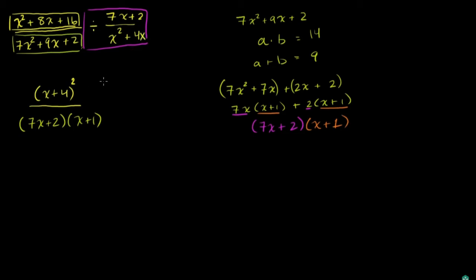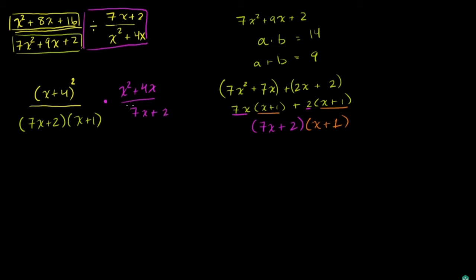That is an x squared plus 4x. So this was the original problem. Sorry for all of that, but we haven't done any work here, so it's all cool. So dividing by this is the same thing as multiplying by the inverse. So we just flip the numerator and the denominator. So x squared plus 4x over